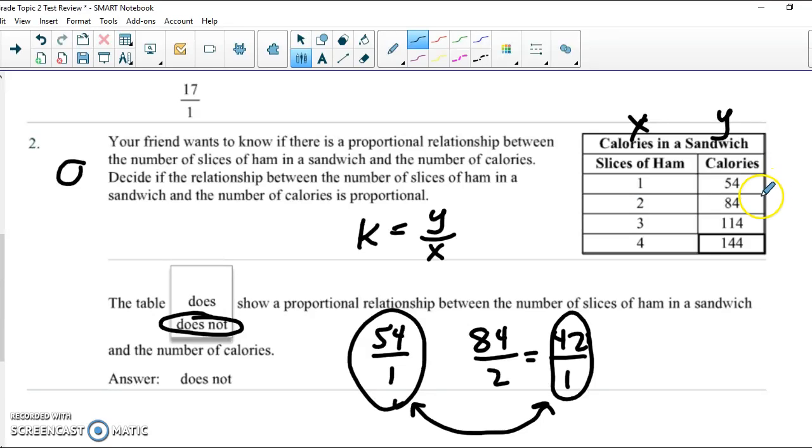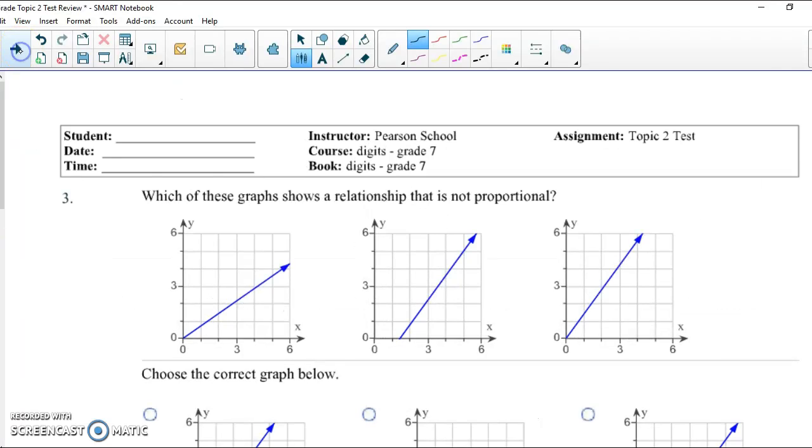So that's a quick, easy check. As I continue this pattern, looking at Y to X, I could write that as 114 to 3, but even if the rest of my values do come to a common ratio, I already have these two that didn't, so I can move on. All right, let's check out